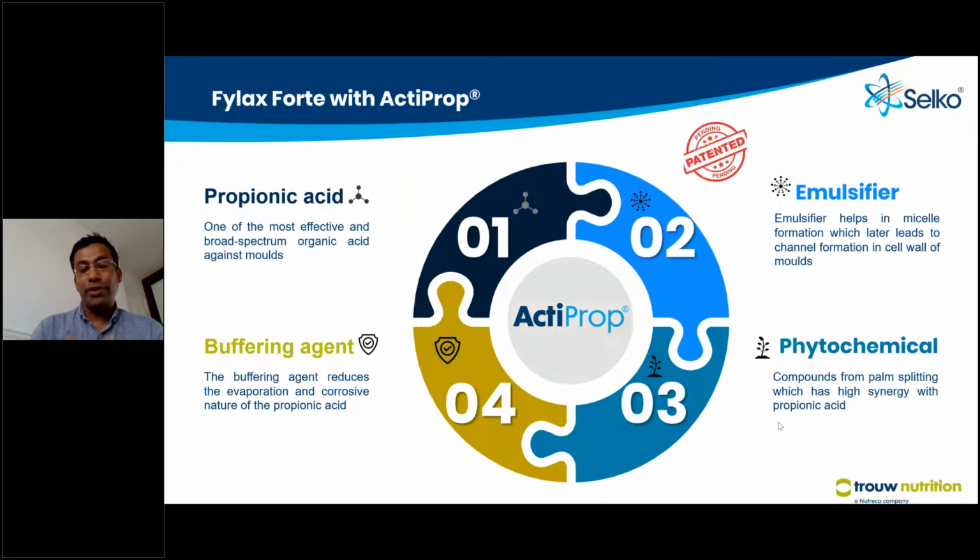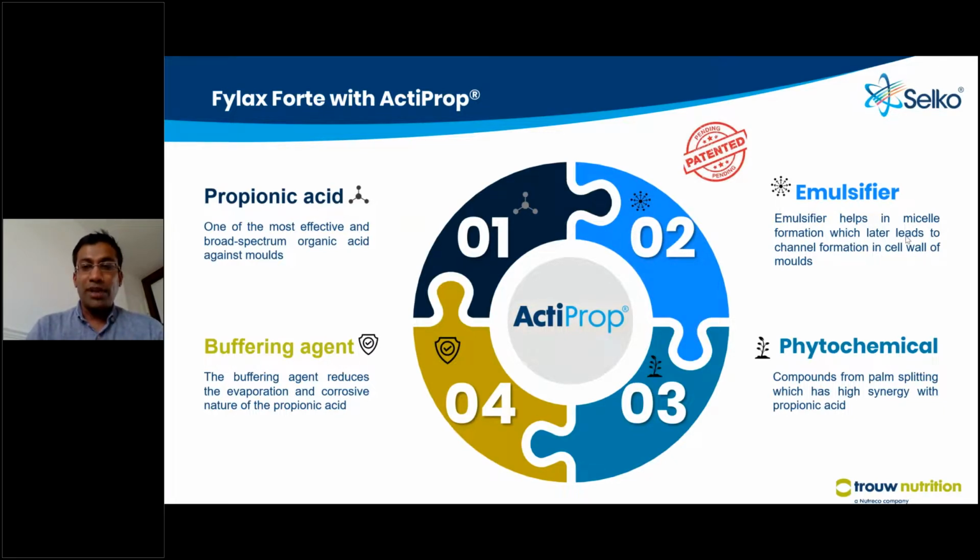So it contains 4 aspects. The ActiProp technology includes 4 different aspects. One is the propionic acid, free propionic acid, one of the most effective and broad spectrum organic acids against molds. That's taken to take care of the mold, and then the emulsifier is an integral part to